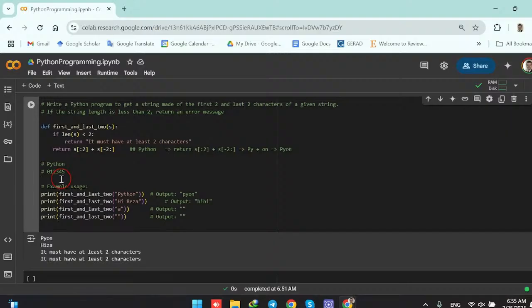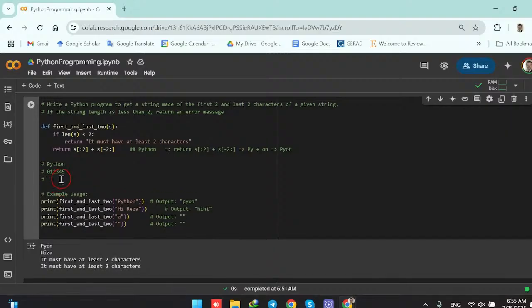We also have another method for indexing a string. We can start from the end. So when we start from the end, the last one is -1. For example, the character n, the index is -1. Then the character o, the index is -2. Character h, index is -3. Character t, index is -4. Character y, index is -5. And finally, the character p,